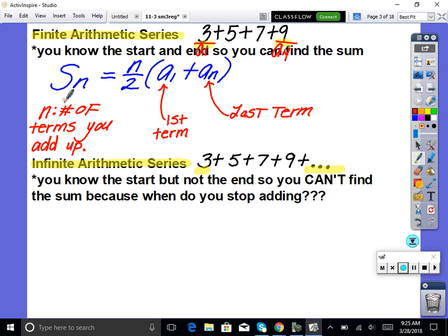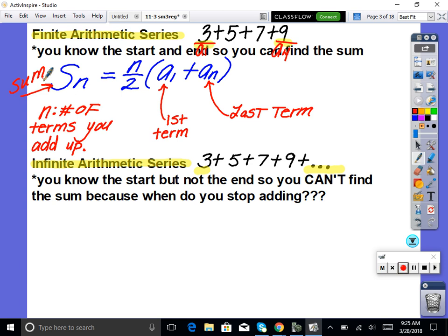This is the finding the sum formula. So S of n means we're finding the sum of n number of terms. That S stands for sum. We're summing up. N is the number of terms you are summing up. You are adding up. Sum means addition. So S of n,